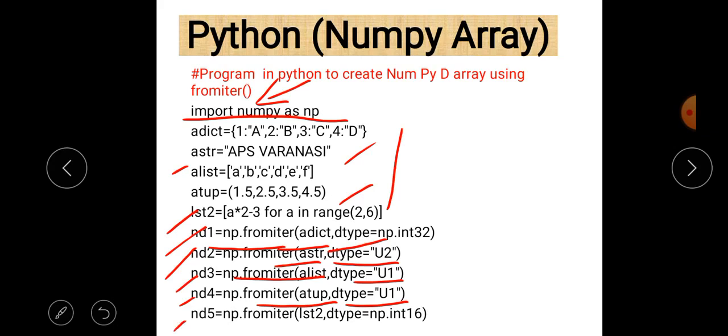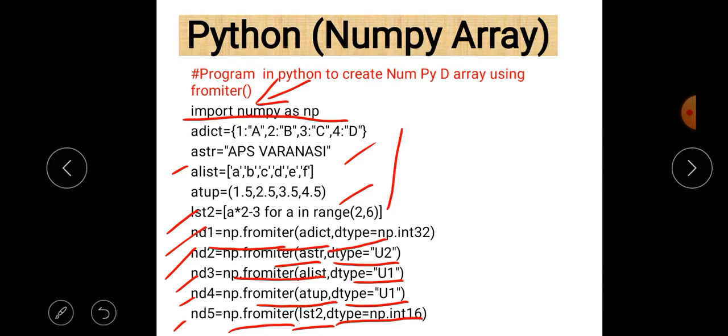So for nd5 we just write np.fromiter lst2, which is basically a list, and we define data type as int16. For this purpose we just write dtype is equal to np.int16. Okay, if we don't define data type, then default data type is considered, so always remember that.